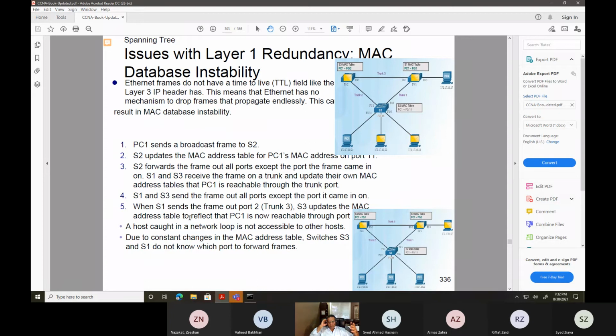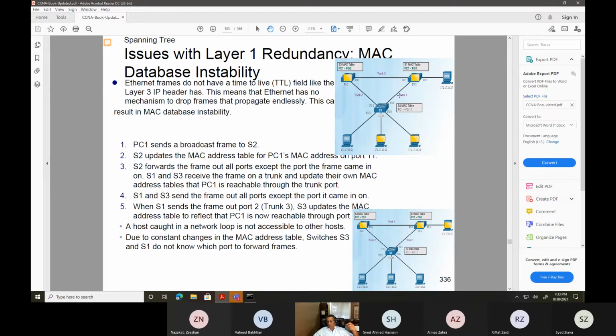So this example over here, if the layer one is basically what happens. STP works on your layer two switches. So you've got switch one, switch two, and switch three. Now this PC can go from here to here, and from here to here. What this switch is going to be saying is that in order to get to this PC, you can simply come to me. I know how to get to it. I'll simply send the traffic from here to here. But S3 is also telling S2, hey, I also know how to get to PC2, right? So this can create a loop.